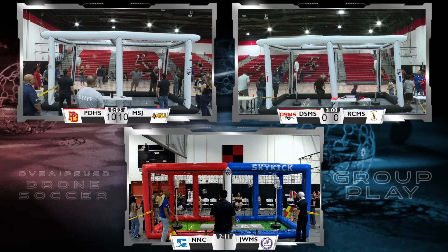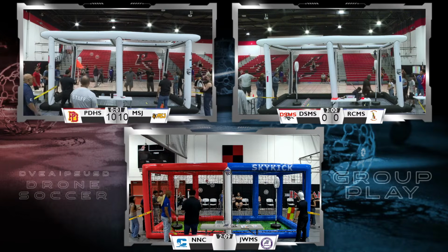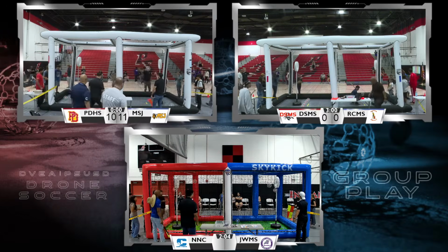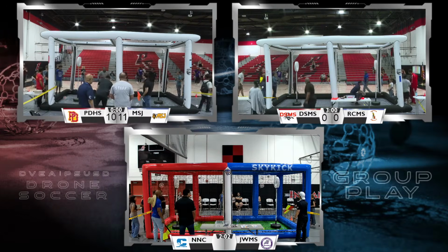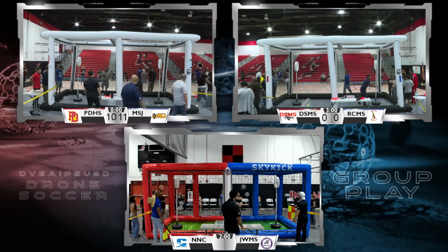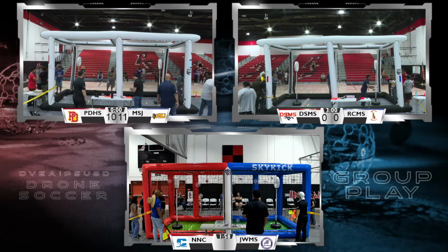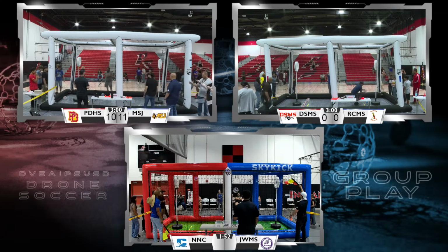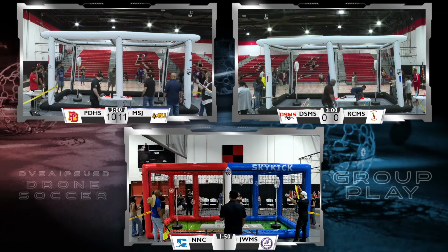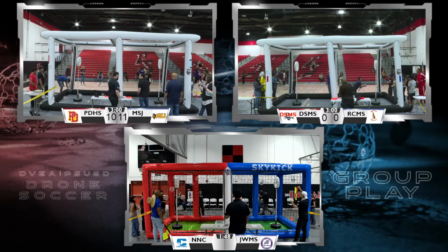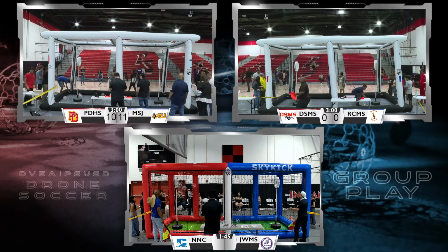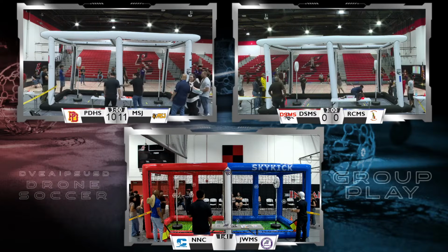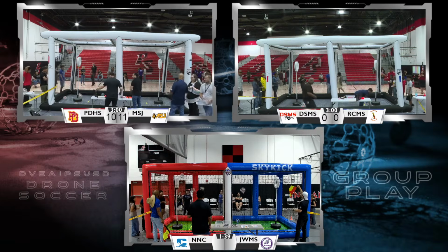We have a tie game. Oh, a tie game till the buzzer. Well done, a tie game. Mount San Jacinto. Well, they're going to confer with judges. Now, that score that we see could change depending on what judges see at the end, as well as penalties. So the judges with Mount San Jacinto and Palm Desert High School will have a final conference to determine the final score, and they'll report that back up to me where I'll post it as soon as I have that information. But a very close game nonetheless in Arena A.